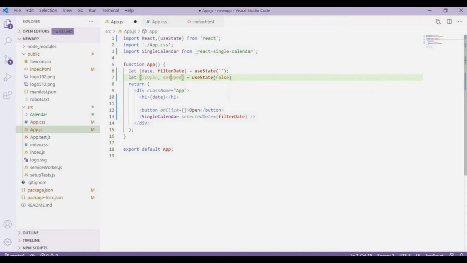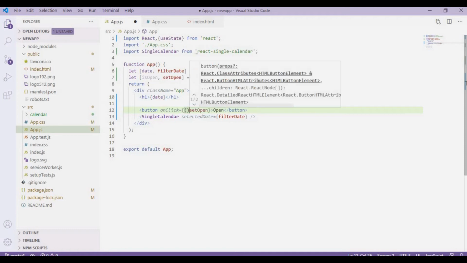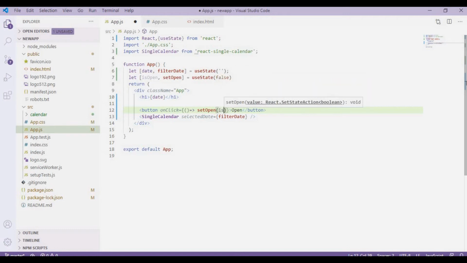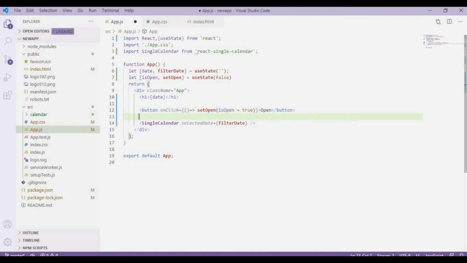And it will make this open, so isOpen equals true, and I'll render this conditionally.